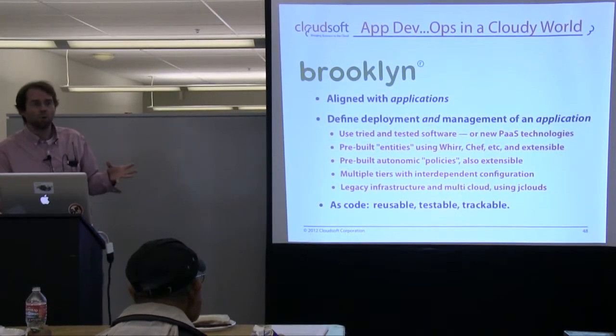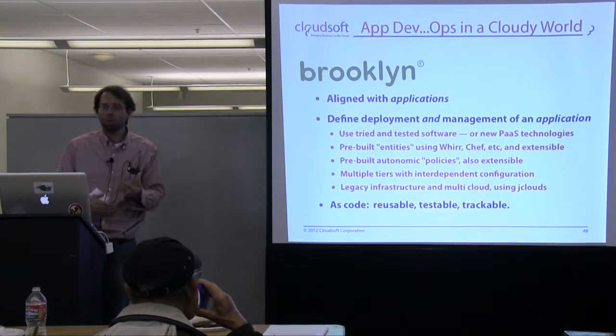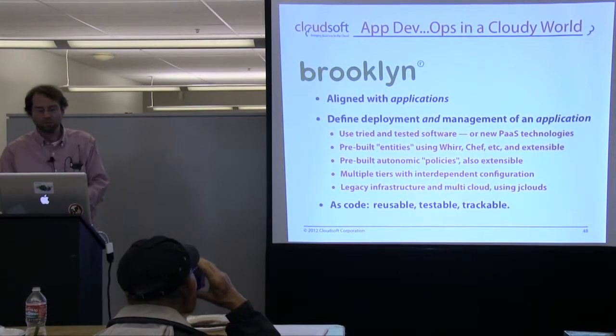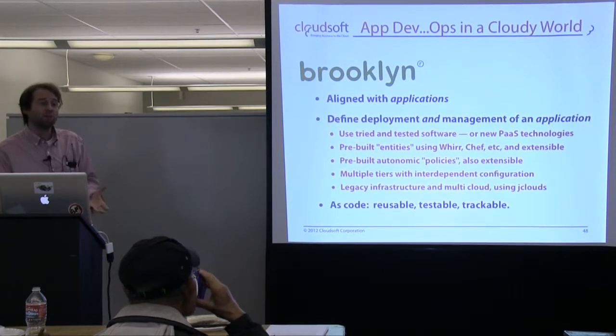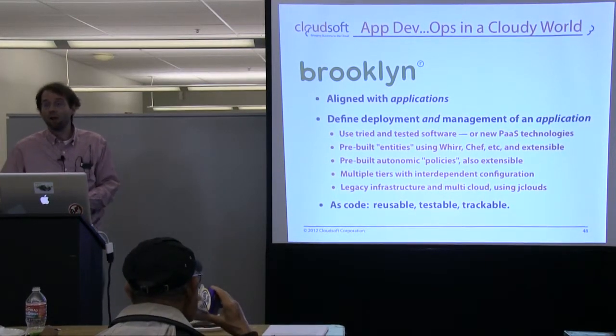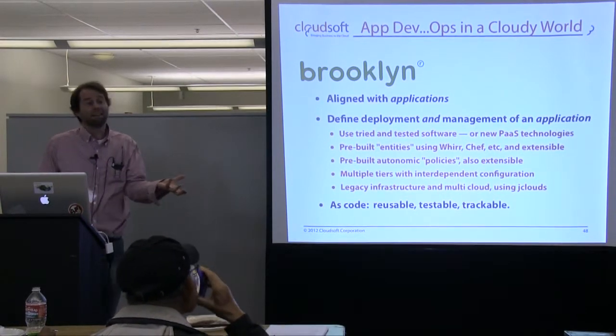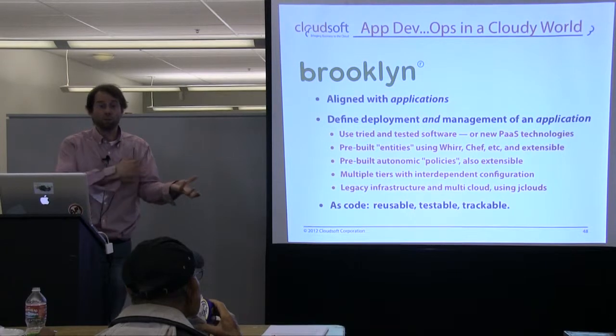So what entities do we want to use in our application? What customization am I dropping in? What WAR file am I uploading, what schemas? What policies do I want to run? So if I'm targeted at OpenShift, I'll happily let them manage my cluster size. If I'm looking at Cloud Foundry, they don't manage the cluster size, so I need to run a policy that's